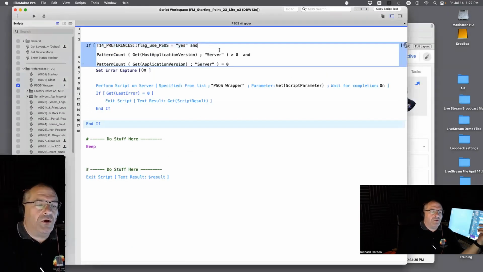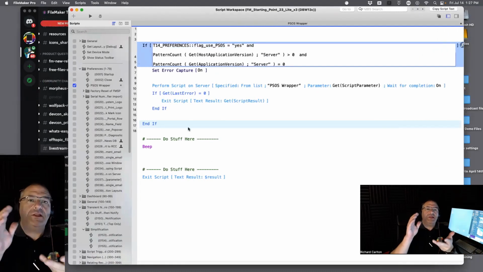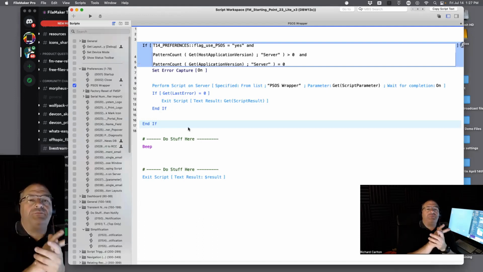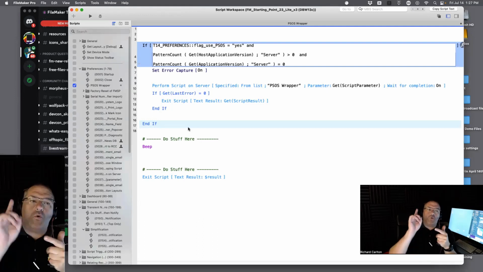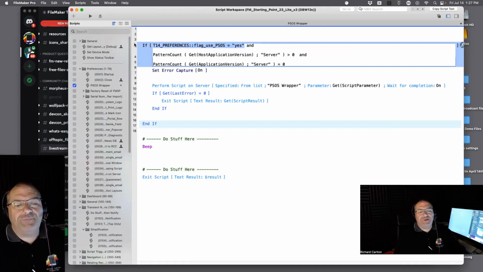So just real quick, so you understand the mechanics of this script: the script is set up to understand that it can run either on server or on a client, whatever the client is. And so what I did is we have a flag that says yes, a preference: we want to use PSOS, right? And so we say yes on that preference. That's one thing. And then we're looking for the word server in the application version. So yes, we want to use PSOS. Yes, the current host application